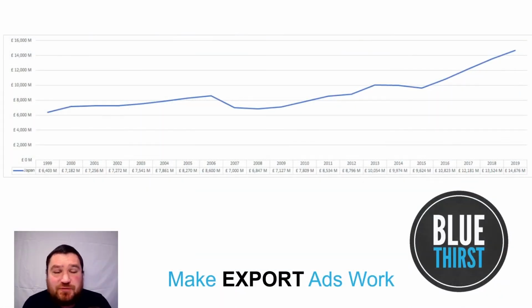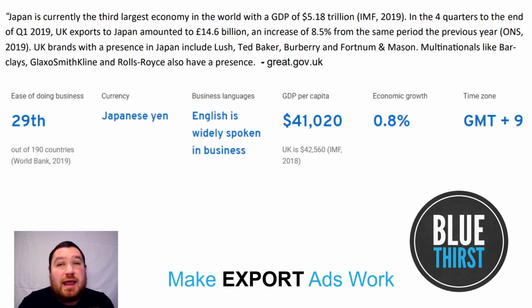So the first data file that we're going to look at is the trade history of Japan and the UK since 1999. And we can see that it's pretty much been positive since 2019, although it's started to accelerate in growth since 2015. Now, looking at great.gov.uk, they quote in saying Japan is currently the 3rd largest economy in the world,